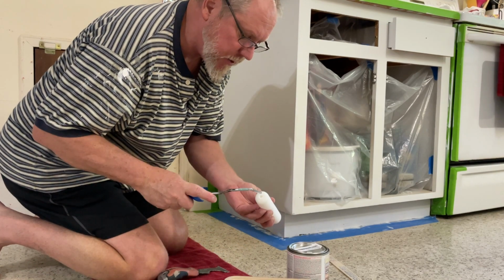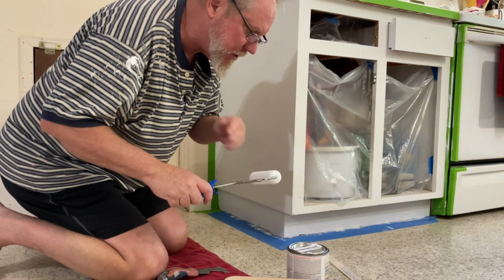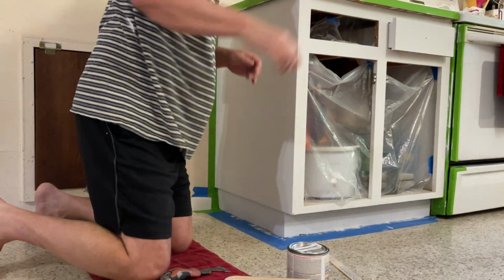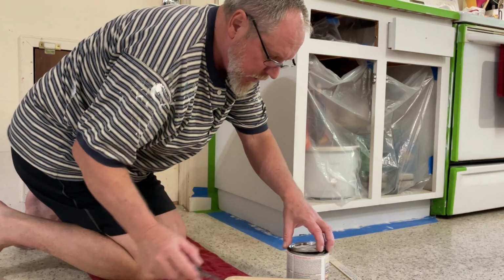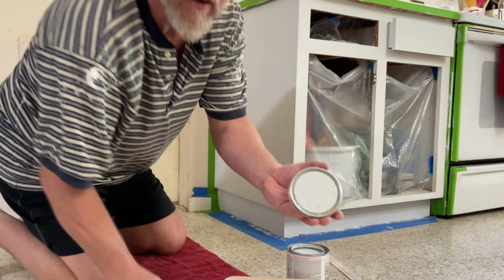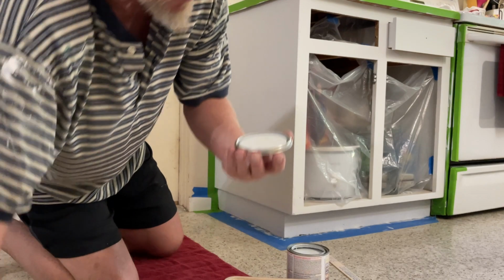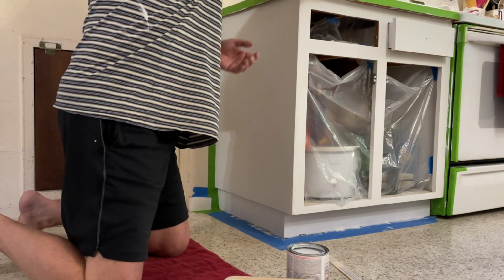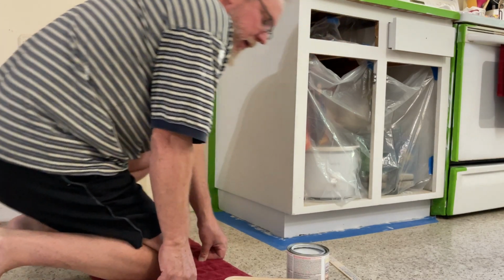I'm gonna get this on here. I'm gonna start by cutting in. I cut in around the edges. This is how I always paint. I'm gonna get this in the thing. This is the color we're working with. I don't know if you can see that, but it's like a very light gray. It's probably going to dry just a shade darker than that. And I need to get my...